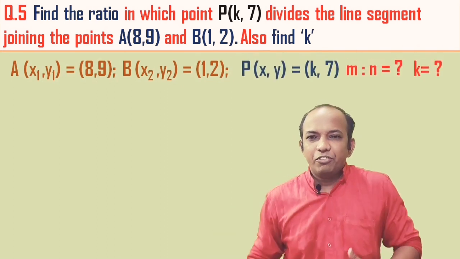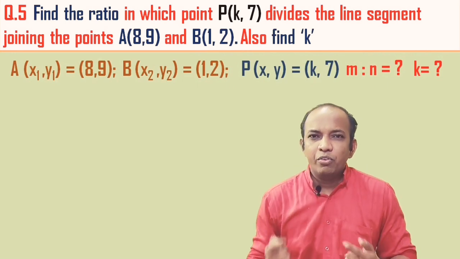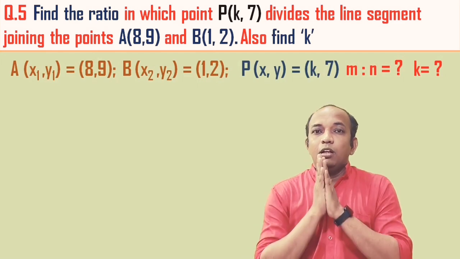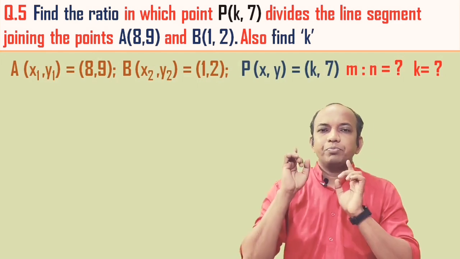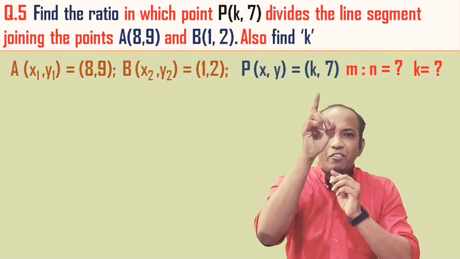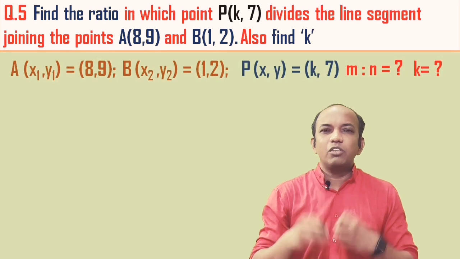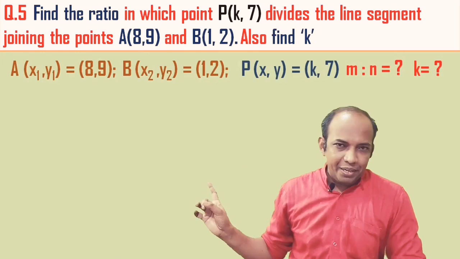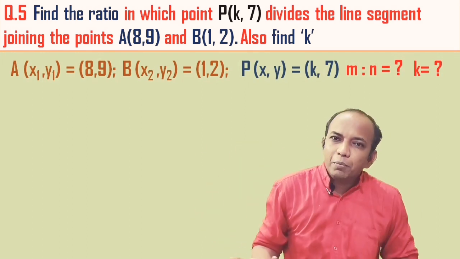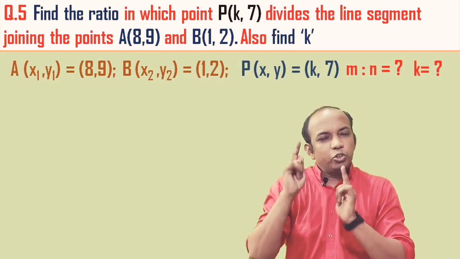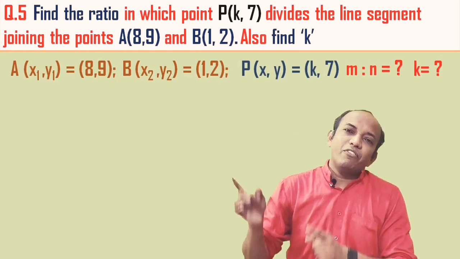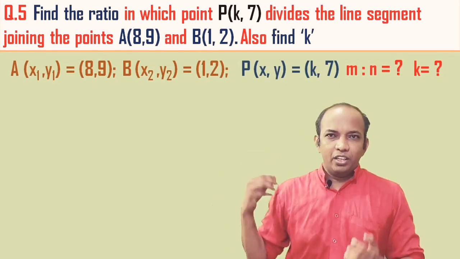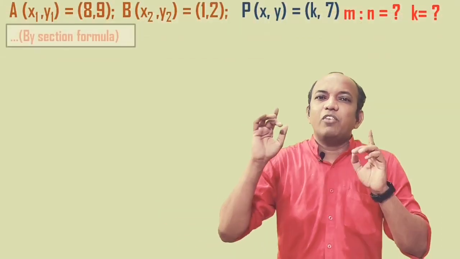So before finding the value of K, we will find the ratio first of all, because without the ratio we are not able to find the value of K. The way I told you in the previous sum, to find the ratio we need to choose only one of the values from x or y, whichever you feel easier. So over here, if you observe P, the value of x is already missing, so we are left with only the value of y, and using that value of y we will find the ratio first of all, that is m is to n, and using that ratio we will find the value of K. So here we move with this section formula on the board with the value of y.